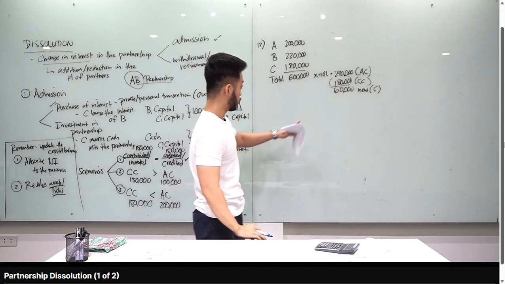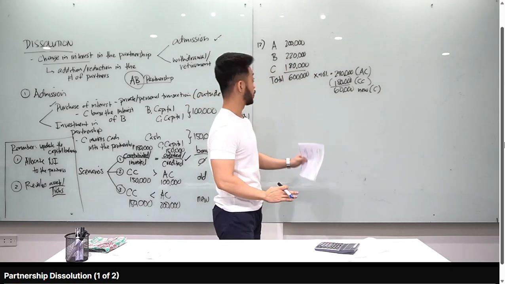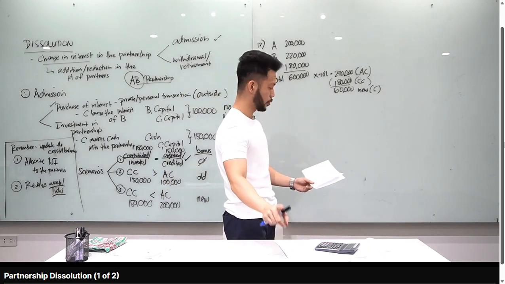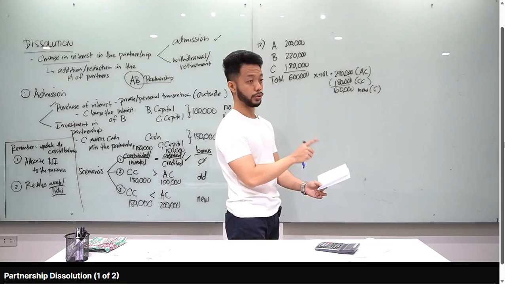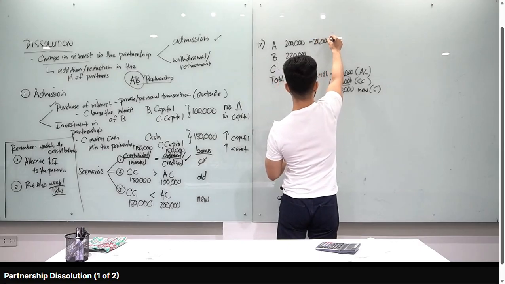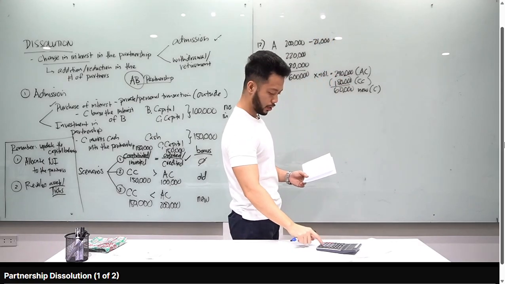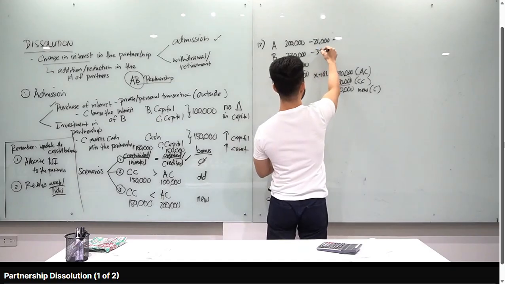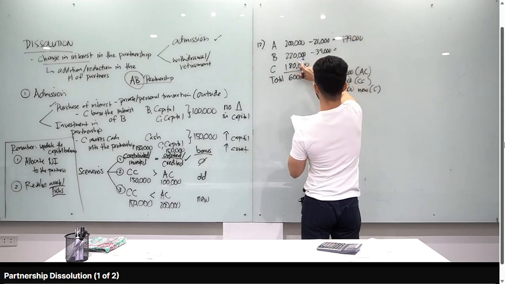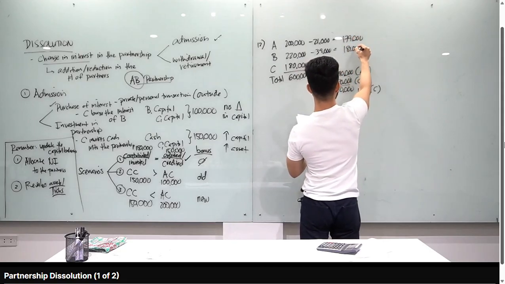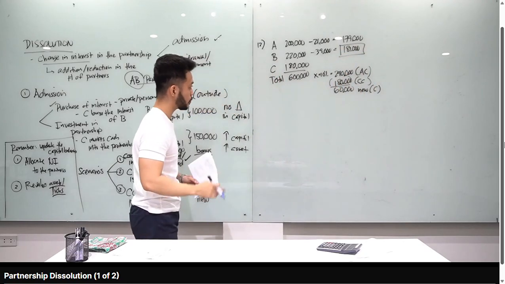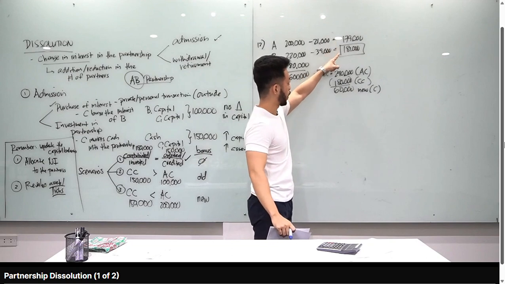Bonus to new partner or to partner C. Right? So, ibig sabihin, yung 60,000 class, babawas natin sa capital ni A and B. Huwag natin i-journalize kasi nag-journal entry na tayo sa previous problem. So, yung 60,000, ang gagamitin mo dyan is the old P&L ratio. According to the problem, it's 35-65. 60,000 times 35%, mag-minus 21,000 ka kay partner A. Alright? And then, 60,000 times 65%, you deduct 39,000 from partner B. 200,000 minus 21,000, you have 179,000. 220,000 minus 39,000, this is 181,000. Ang tanong sa atin, capital balance of B, letter C yung sagot natin, 181,000. Capital balance of A is 179. Capital balance of B is 181.